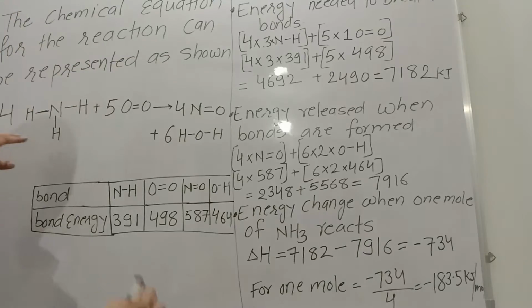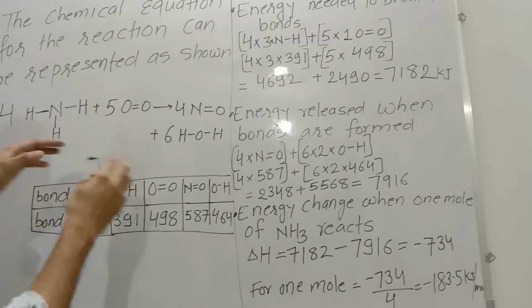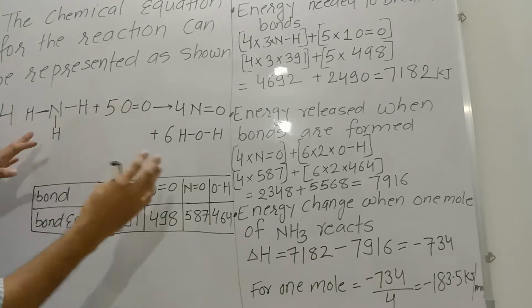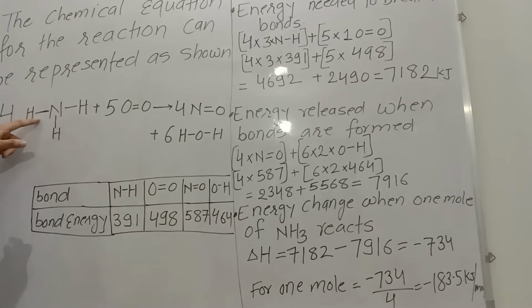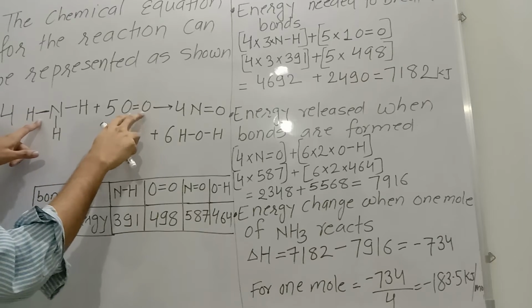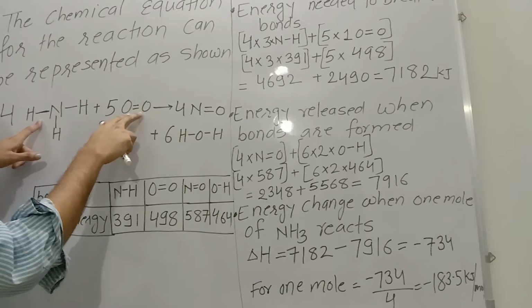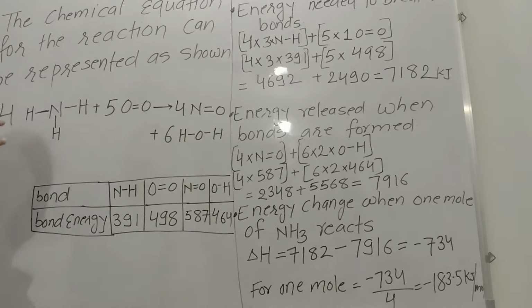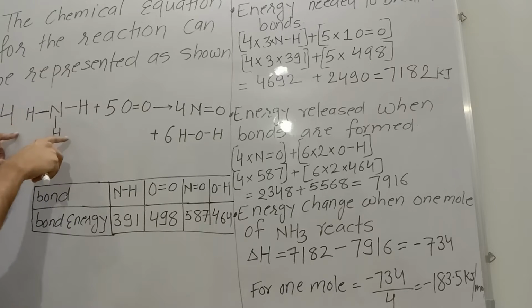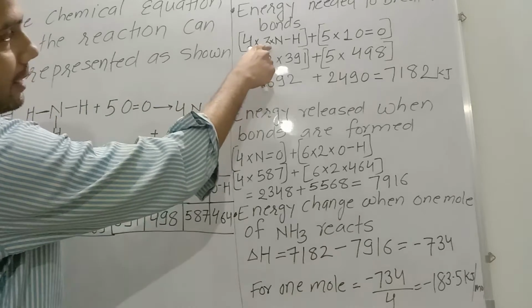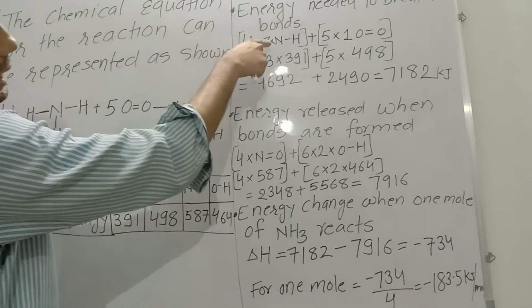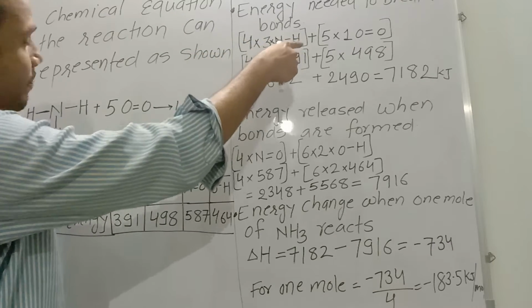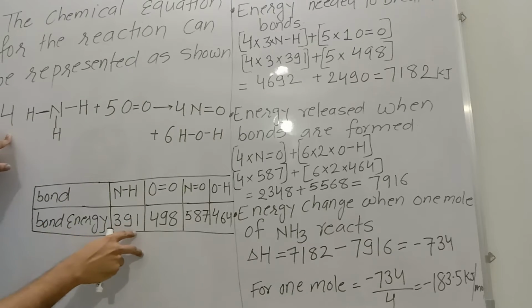So we have to find out how much amount of energy is required to break these bonds in the reactant only, not in case of product. So in reactant we have N-H and we have O, means the O=O double bond. There are 3 N-H bonds, we can find 1, 2, 3. So I have written it here 3 N-H, but overall it is 4 mole, so 4 multiplied by 3 into N-H. N-H energy is given, that is 391.